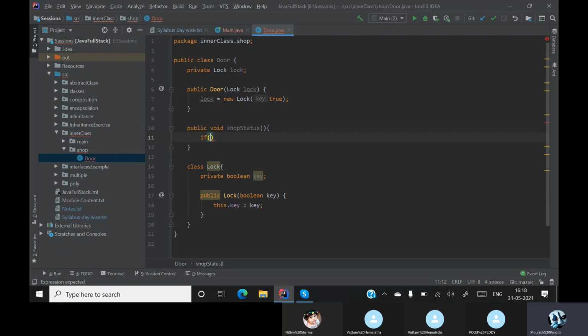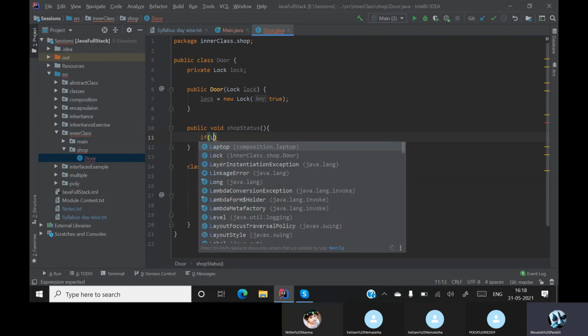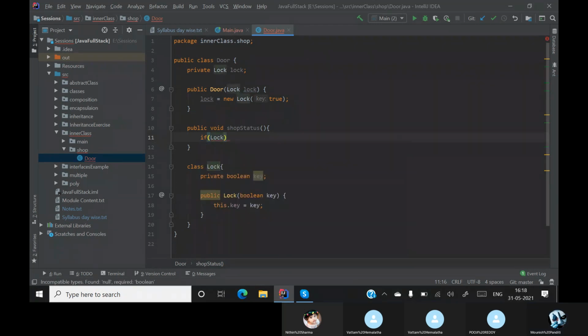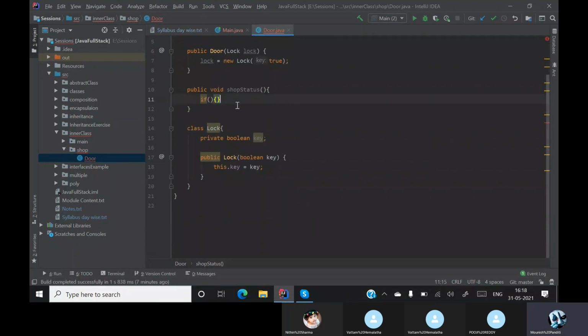So can I say lock dot, but I don't have any methods inside my lock, right? Only if I have any methods can I access it. So for now let me keep it like this and let me start creating some methods inside the lock. So here let me say there is a method called isLock.